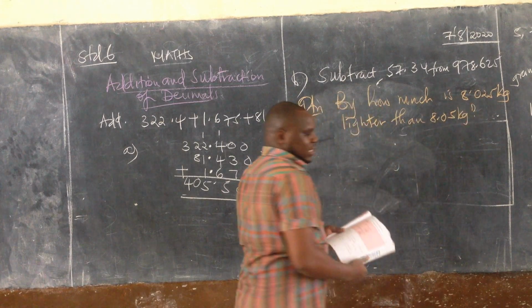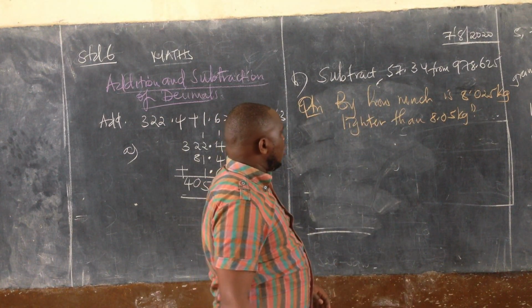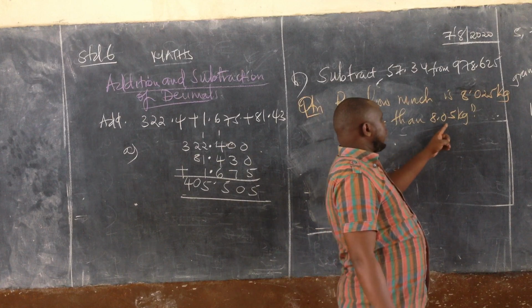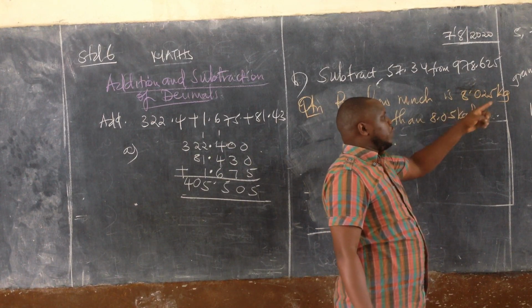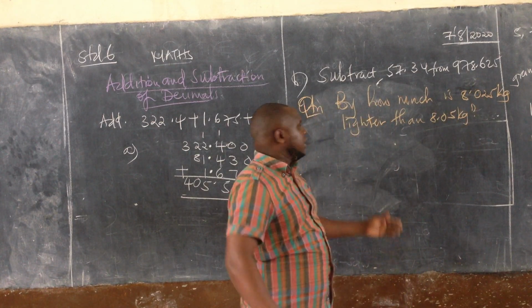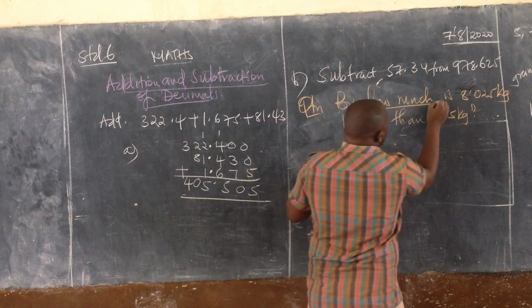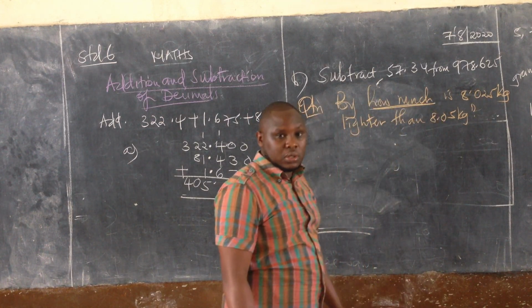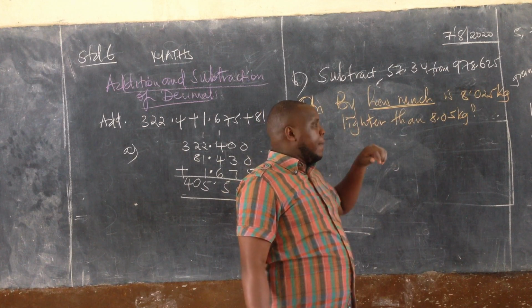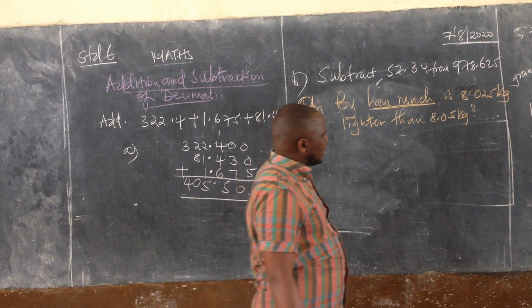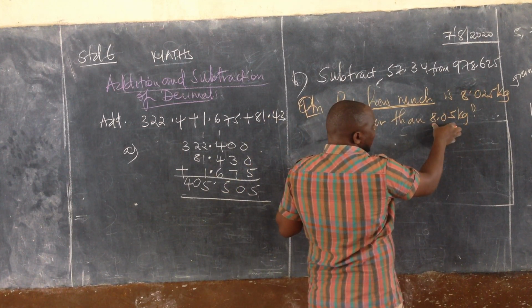So here, learner, you just need to use some common knowledge. Between 8.05 and 8.025, which one is bigger? So this means anytime you get by how much, that means subtraction. Meaning that you're going to get the bigger number minus a smaller number. In this case, learner, you realize that this number is bigger. So you get